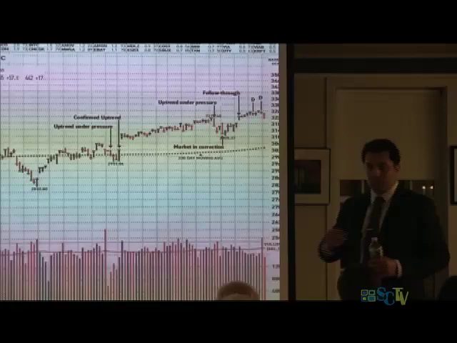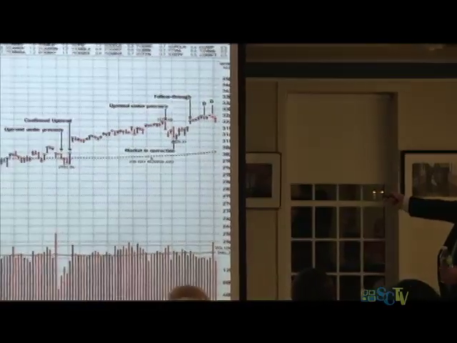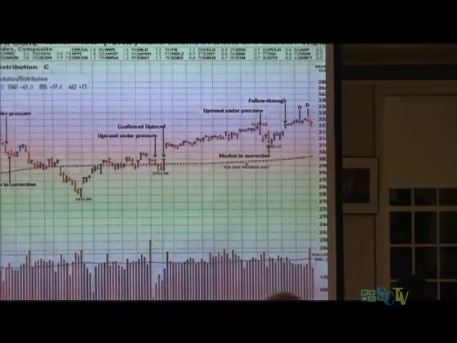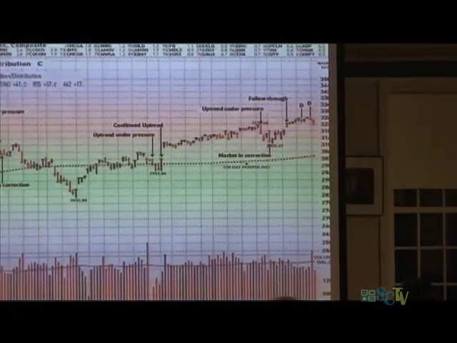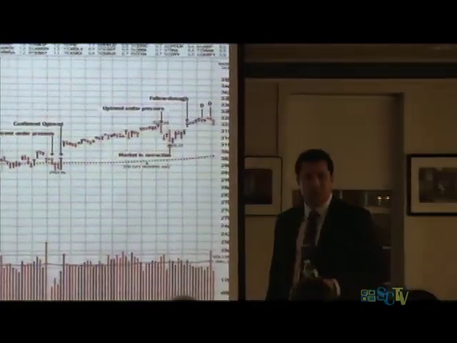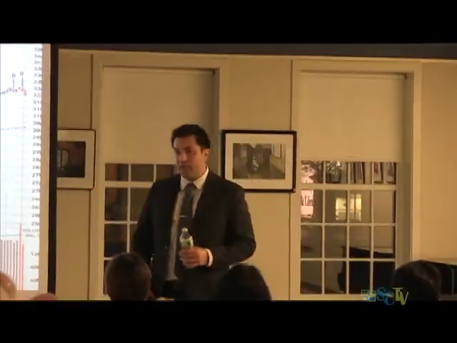The other way a distribution day can fall off the count, if we take the close of this distribution day, whatever the price close was for that distribution day, if the NASDAQ is able to rally 6% or more from the close of that distribution day, that will also cause the distribution day to fall off the count.